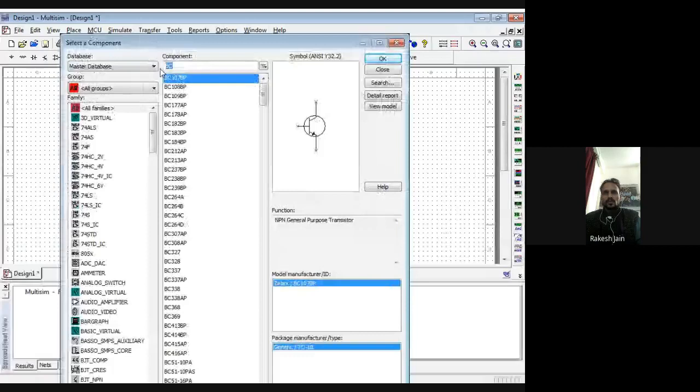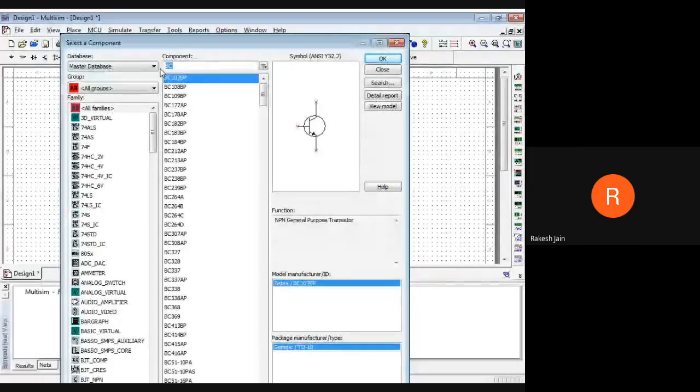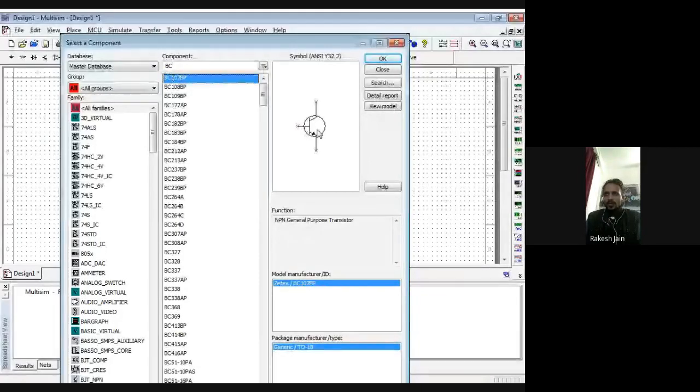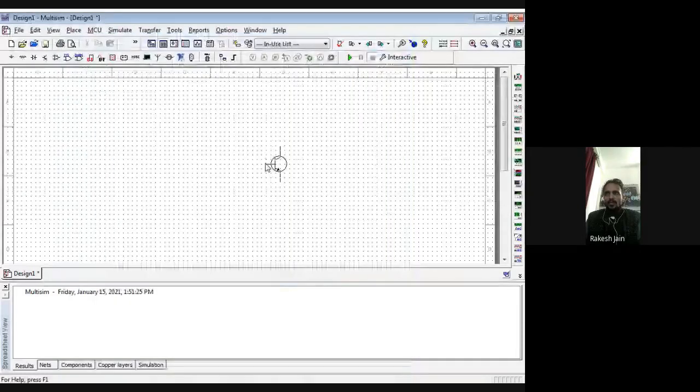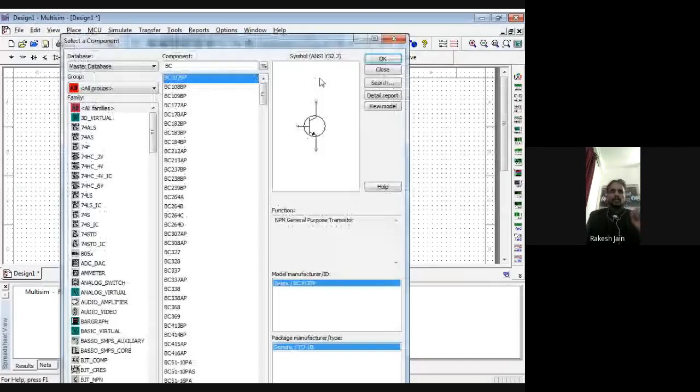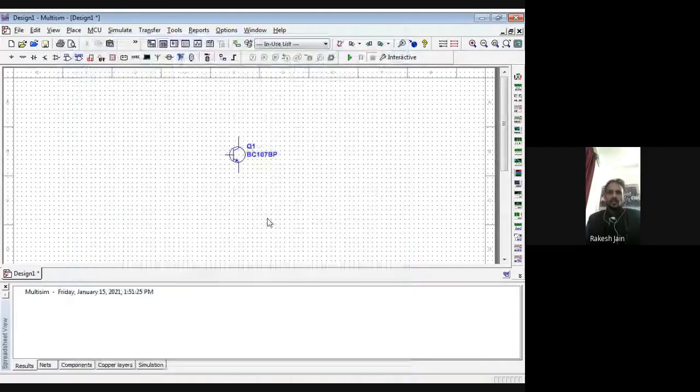So how to find the NPN transistor? Go to MISC, then type here all groups, then type BC1, any transistor you can use which is NPN. So C107, okay. So here the C107 transistor, the symbol is also here, it is an NPN transistor we take, okay.